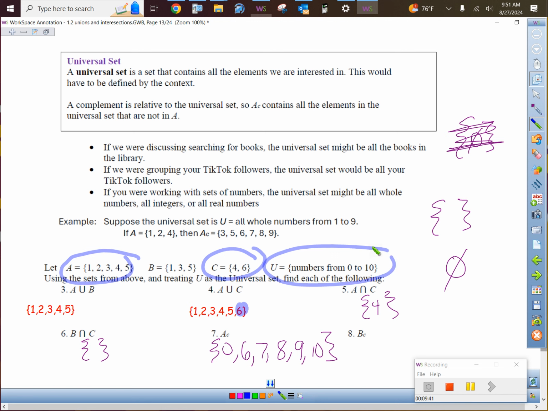Because the universal set puts the limits on it. That's as far as we want to go. People are like, well, 11, 12, 13 is not in there. I understand that. They're not asking us to count that far. They're saying just go from 0 to 10. You're either in A or you're not in A kind of stuff. Cool? So see if you can find who's not in B